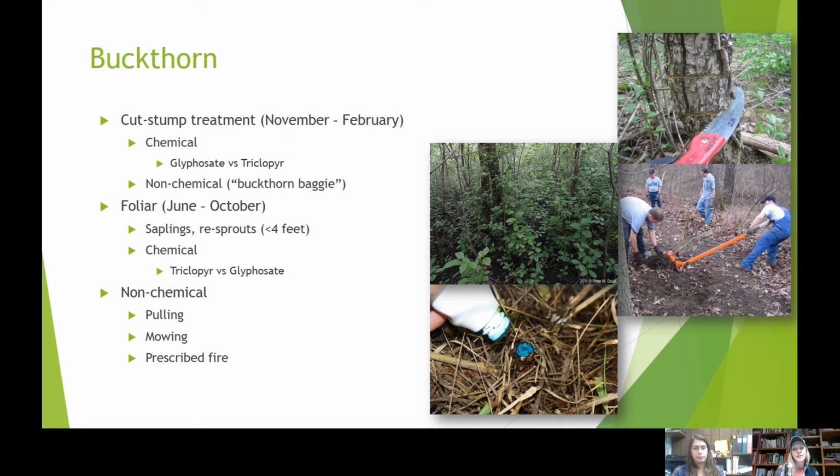And then non-chemical methods. So sometimes you can pull buckthorn seedlings out of the ground if you've got nice wet conditions, and you're not going to be causing any kind of major soil disturbance. You can also use weed wrenches. That's what the orange tool there is on the right. Mowing, large-scale mowing. So if you have a DR brush mower and you've got smaller buckthorn thickets, you could do that. Prescribed fire. We're not going to go into too much detail about this because there's a lot of resources